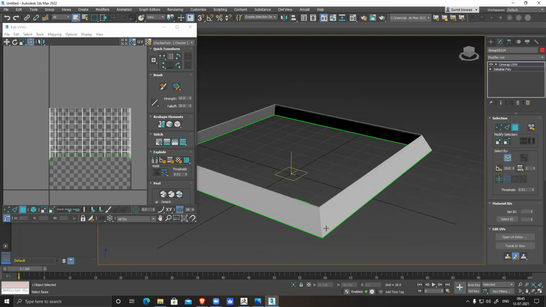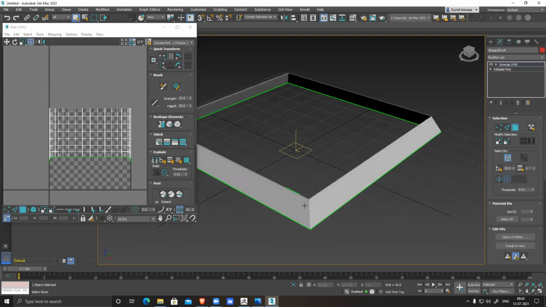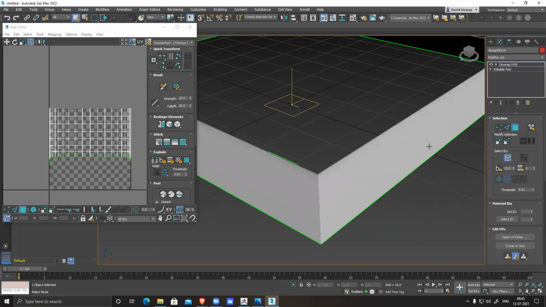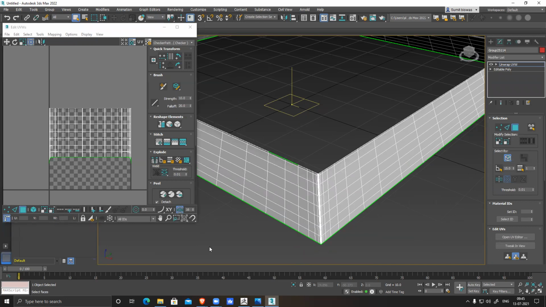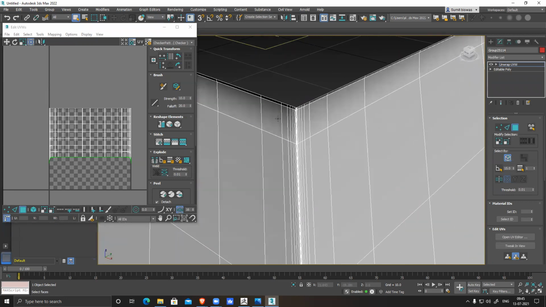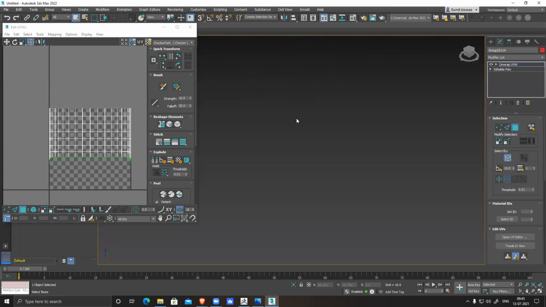So it's not open from any one of the sides. I have to make sure I open it. And there are a lot of polygons.